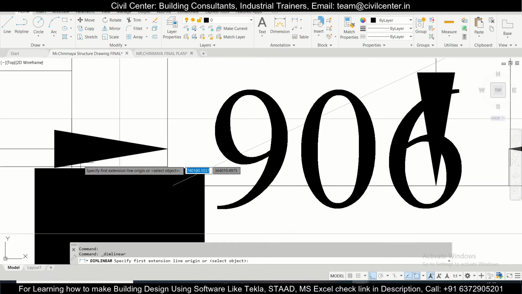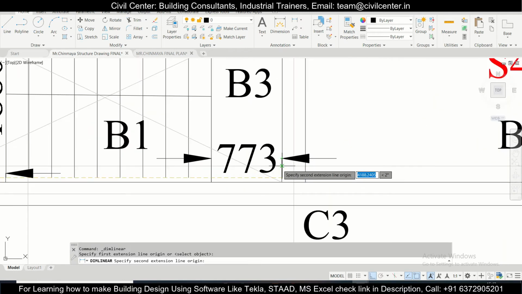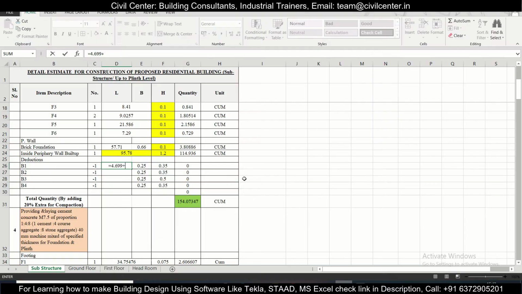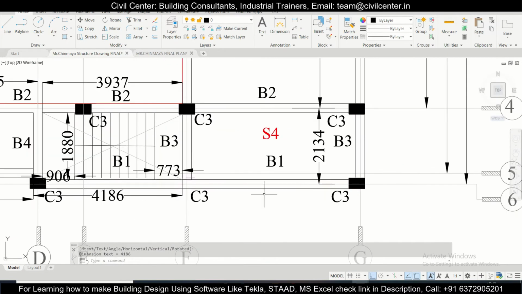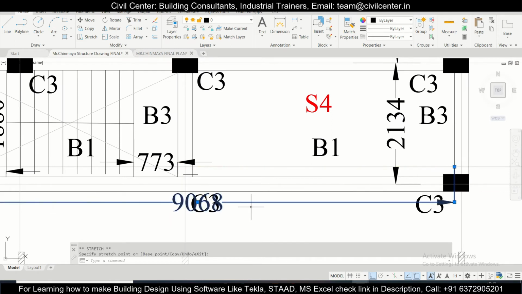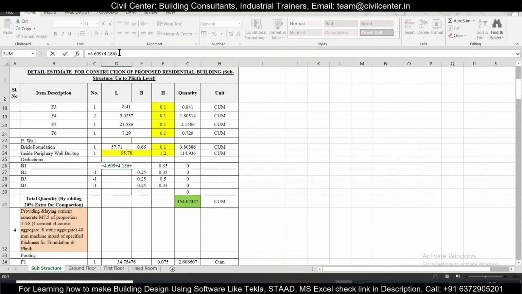Ortho is turned on. So from here to here, this will be the length of B1, 4.186 plus, this one is also B1 actually. Just calculate the whole of it. So it will be 9.068 plus